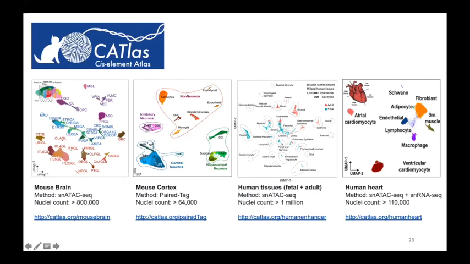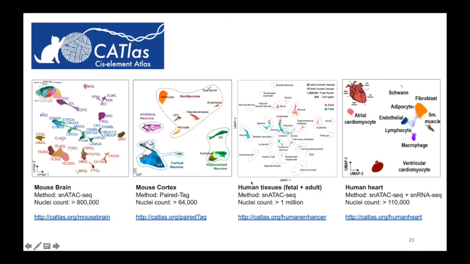So we developed a single cell multi-omic technology called Paired-Tag. Basically this technique will profile the expression level as well as histone modifications at the same time. So if you are interested in checking the histone state for every candidate cis element, feel free to check out this link. And we also provide another resource,